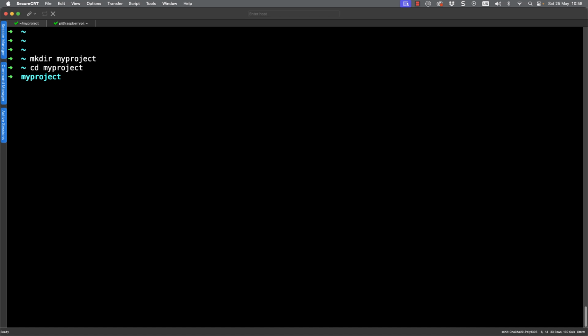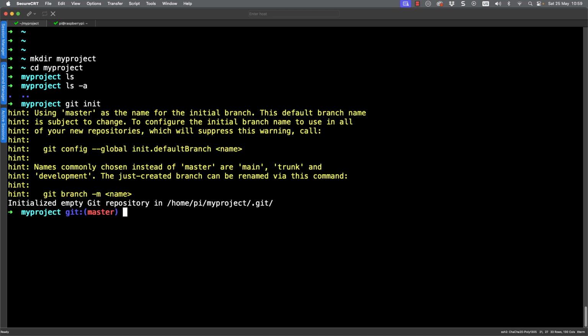Now it's a brand new directory, so it's not going to have anything inside of it. When we list the contents, of course, we don't see anything, but ls -a shows those hidden directories, dot and dot dot, the current directory and the parent directory. But let's not waste time and let's initialize our Git repository. So git init, and that can create a repository that we can work with locally. We don't really need a remote repository. We can still use version control just on our local system.